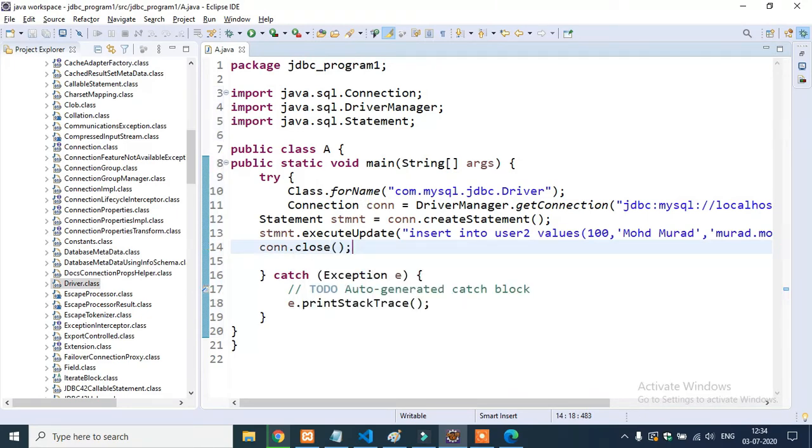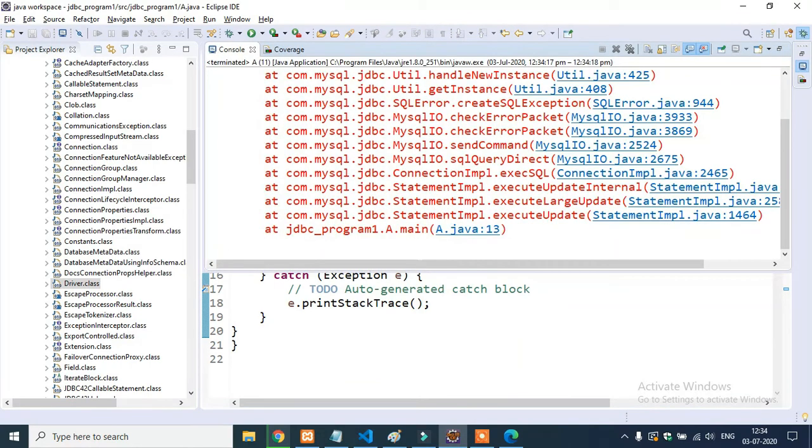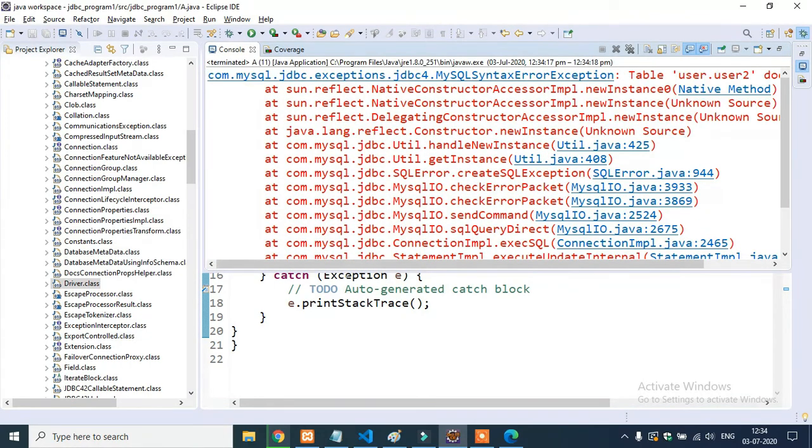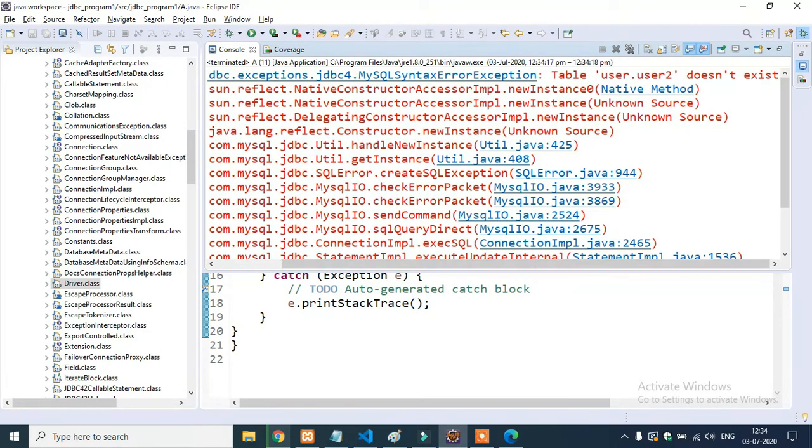Now our program is accomplished, and let's run. Run as Java application, and see we are getting an exception, guys. What exception are we getting? Table user.user2 does not exist.